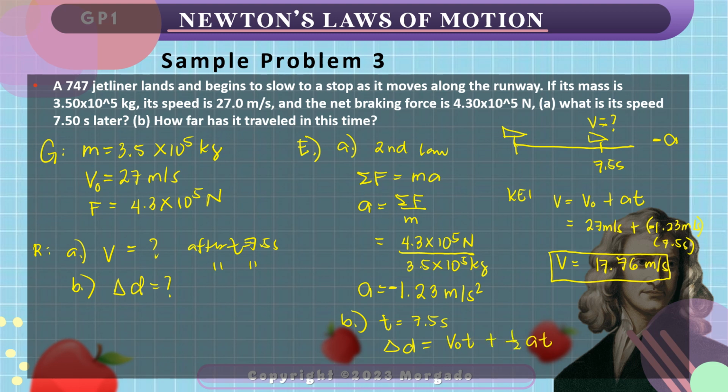Substituting the values, 27 meters per second times the time of 7.5 seconds plus 1/2 times negative 1.23 meters per second squared times the time of 7.5 seconds squared, we get an answer equal to